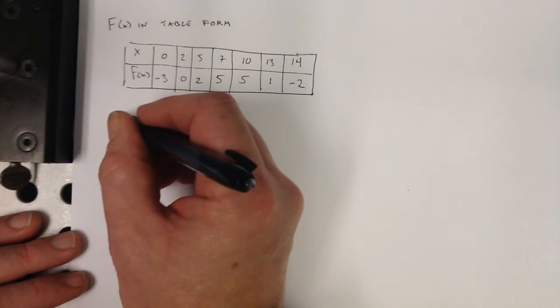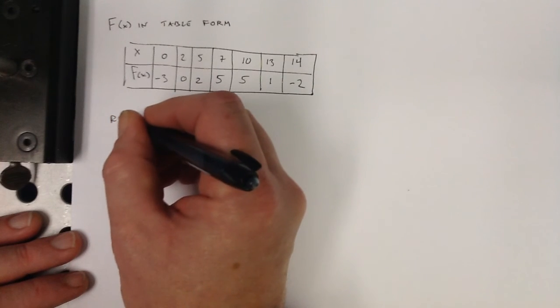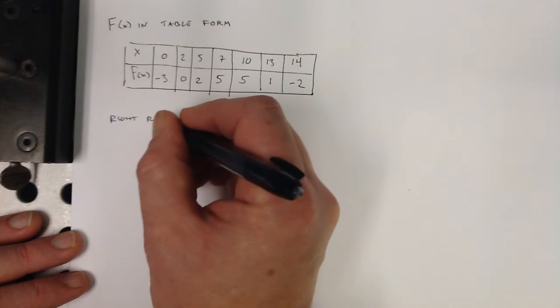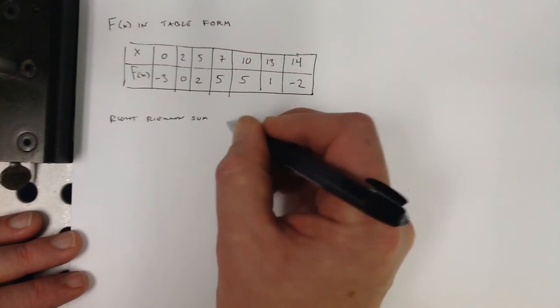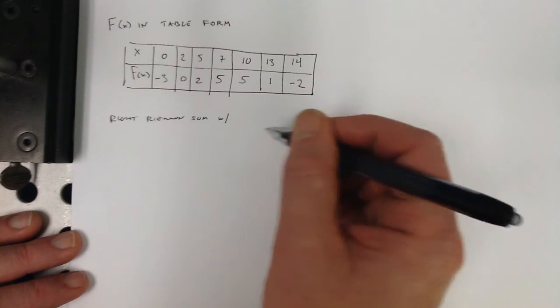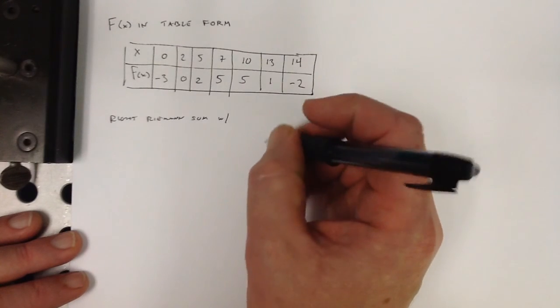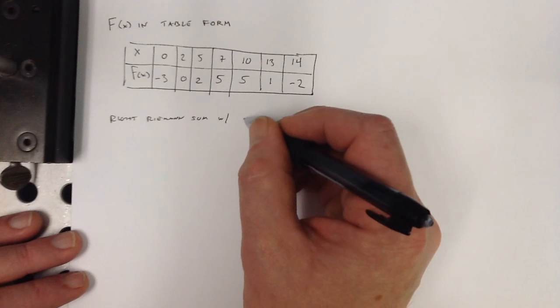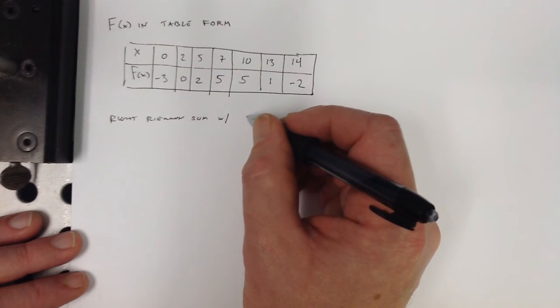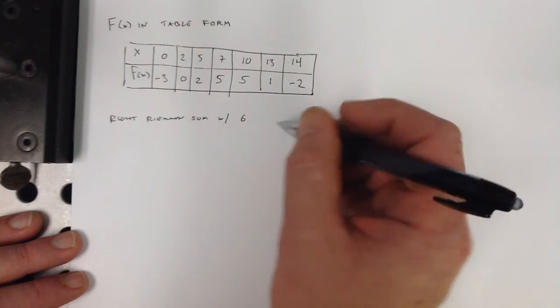We could find the right Riemann sum with, let's say, let's do all 6 with 6